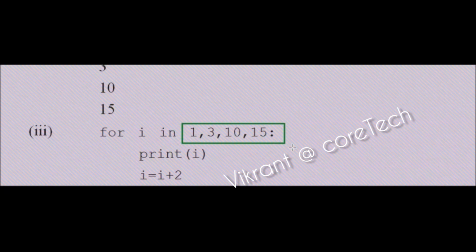But the concept of the for loop says that this particular statement is not going to have any impact. It means the output should be 1 and 3 and 10 and 15 only. Let's see. Yes, it is. Let's see the next question now.